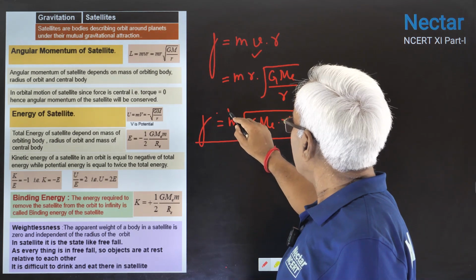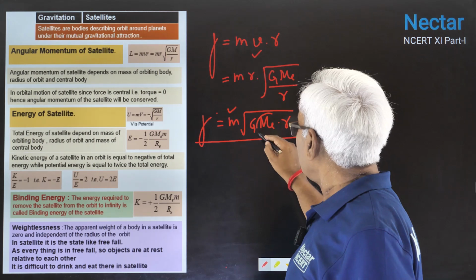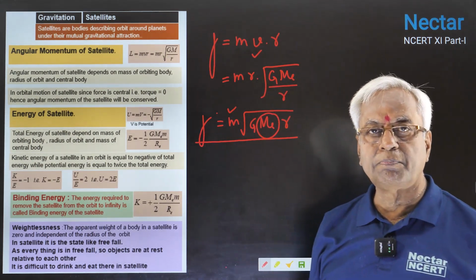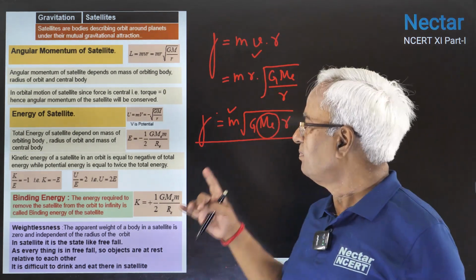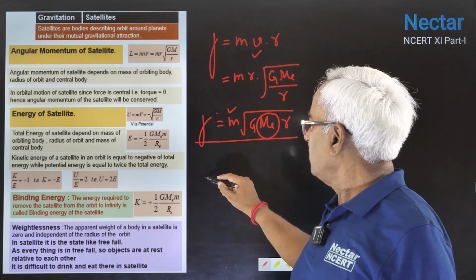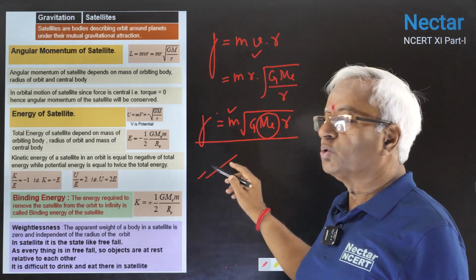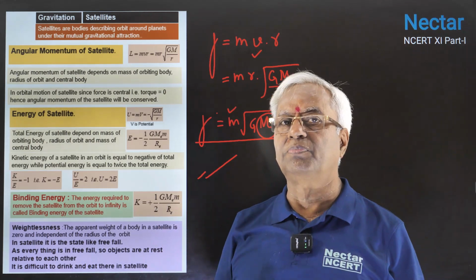It's depending on the mass of the big object, or you can say the earth. It will depend on the size of earth and that of the radius of the orbit also. Means size of the orbit, size of earth, the two sizes are important, whereas the mass of earth is important